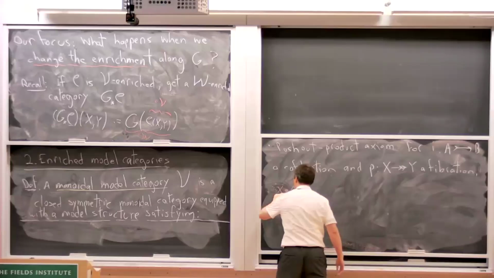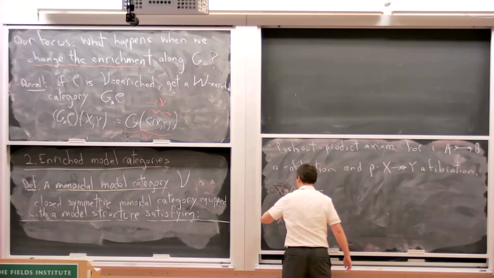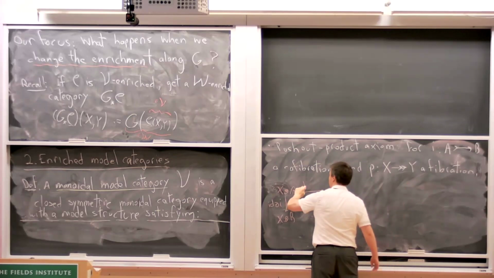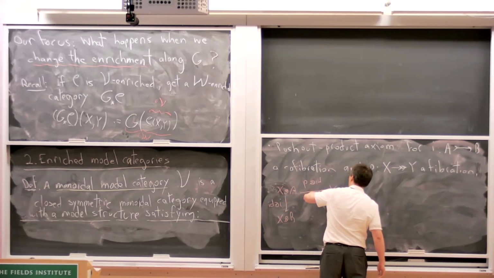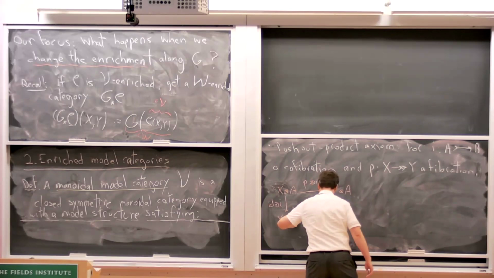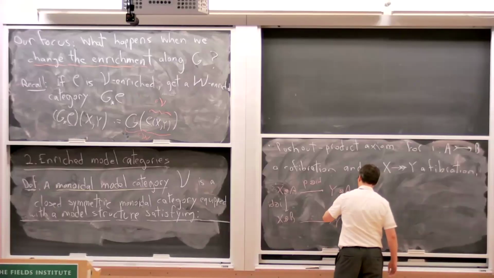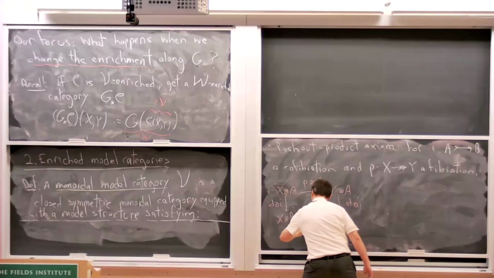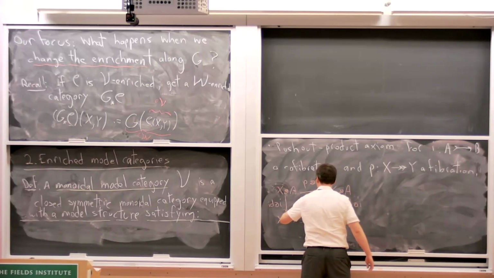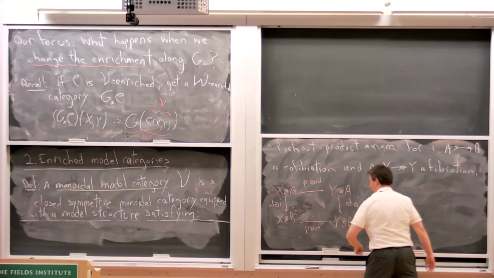All right, so here I can use, let's say, I in the second tensor factor. Or I can decide to use P in the first tensor factor. And then I can do it the other way. So I get a natural map out of the pushout here. Well, okay, I'll run out of space here, but let's just say the map induced out of the pushout.